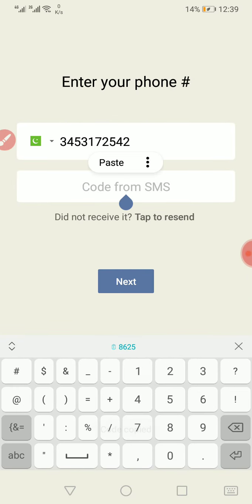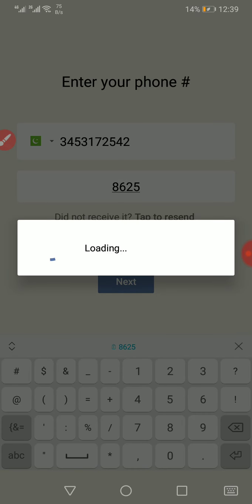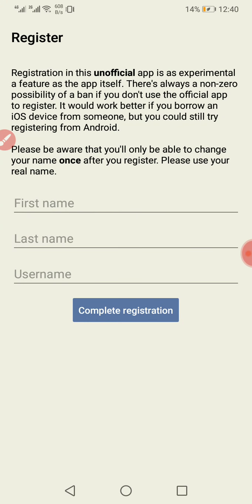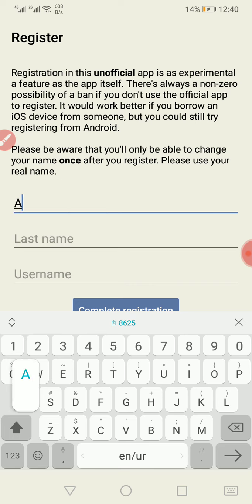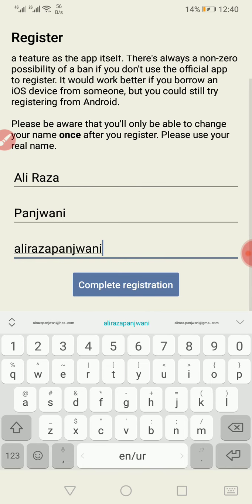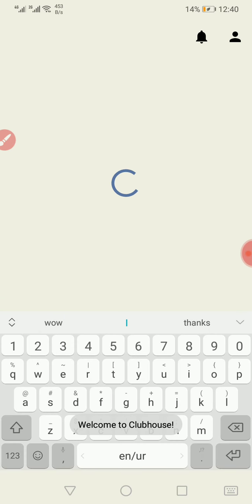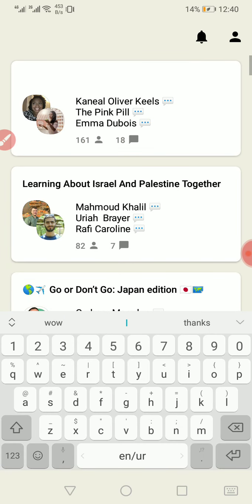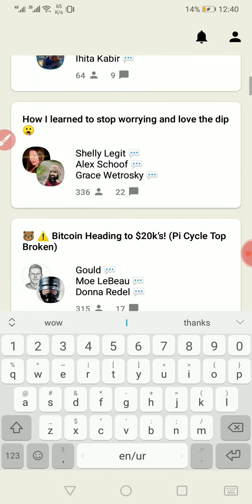verification. Okay, then here, ta-da, this is an unofficial. Okay, you can download here. There's a Panchuvani. Okay, and this will be my username. Registration complete, and ta-da! Finally find the